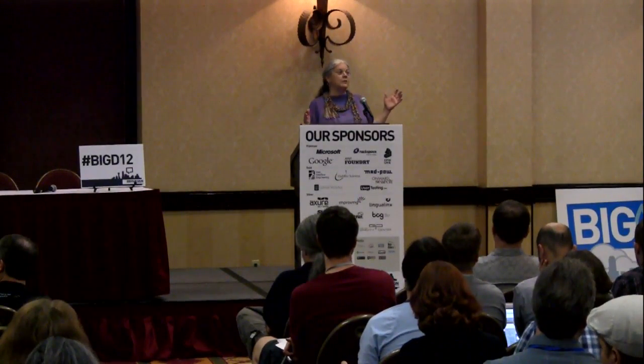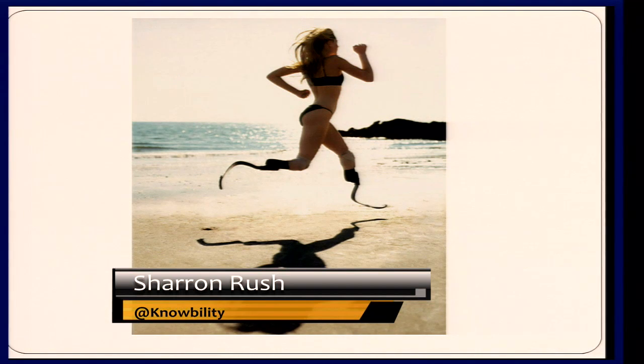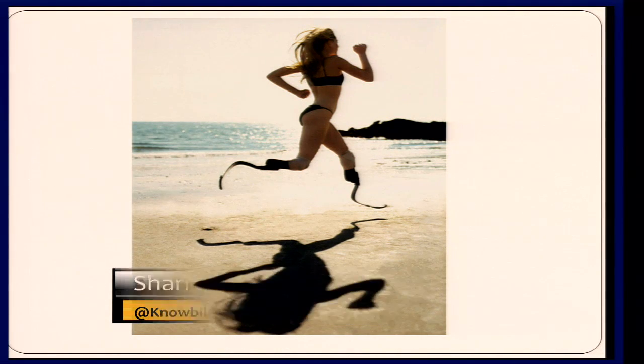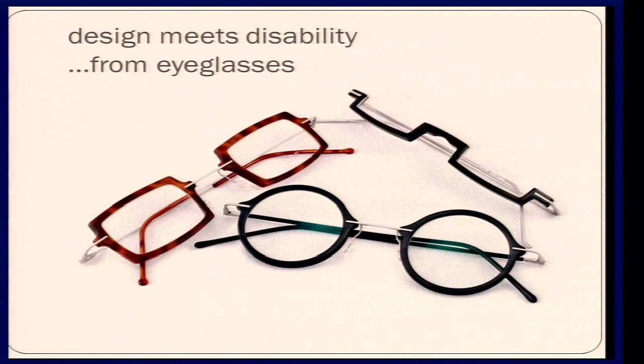By the time she was in high school, she was a soccer player, a tennis player, a runner. She's gorgeous, as you can see. She became a model. She has, I don't know how many different sets of legs. Some of them have high-heeled shoes at the bottom. Some of them are these beautifully carved cowboy boots that she puts on, and then of course she's got her athletic legs similar to the ones that Oscar Pistorius has. And the idea here is that when good design meets disability, it's transformational.